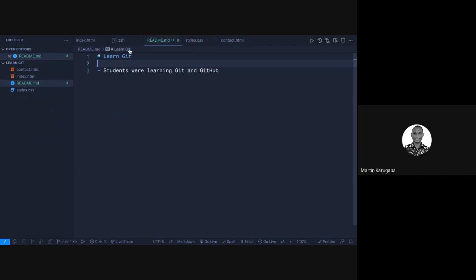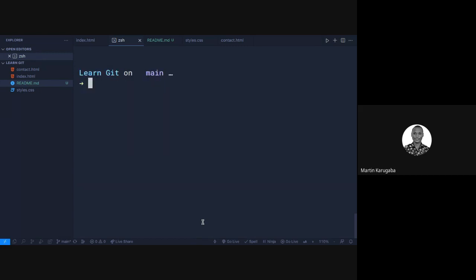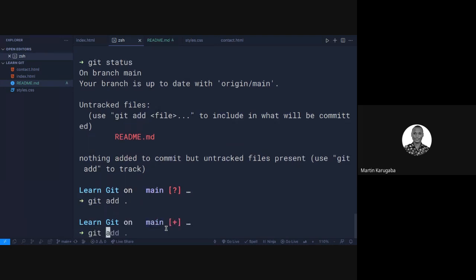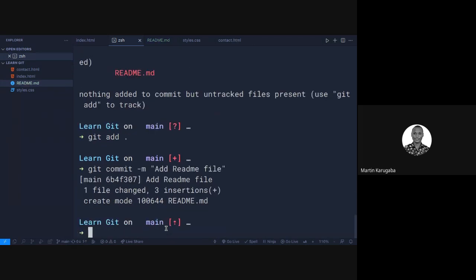Okay, so let's go back to the terminal and run git status. As you can see, you want to always run a git status, to know the status of your repo. So we've added a README file and it is untracked. So I will add it to the staging area, git add all. I can even say add README.md, but I'll say git add all. Okay, and then I will commit, git commit -m, and my commit message is add README file. That is the description of the changes that I've made, and then I'll do